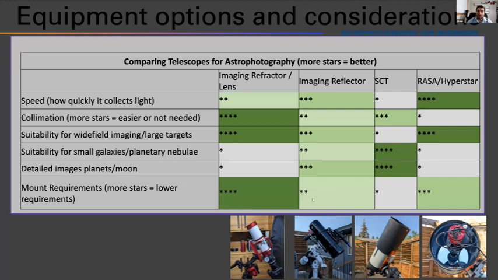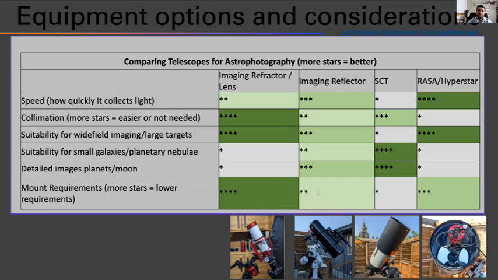Imaging reflectors, I have found, because of their medium focal length, usually between 600 and 1,000 millimeters, they don't require a very beefy mount, but they do tend to be somewhat heavy. And they do tend to be a little bit off balance depending on where you've placed your camera. As you can see in my picture, my camera is facing downwards, but when the scope is pointing to the west, it's off to one side, and the camera's angle changes based on where in the sky the telescope is pointing. So balance is crucial with Newtonian reflectors. So I give it 2 stars.